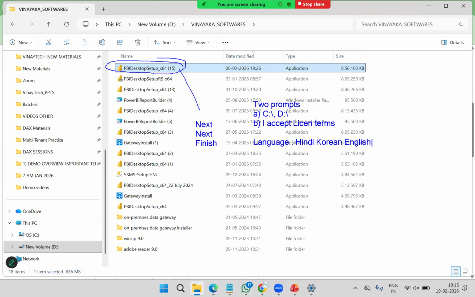An Indian regional language is not available, only Hindi is available. Hindi, Korean, English. But in Power BI Desktop, if you want to see it in a local language, Telugu, Tamil, Kannada, Marathi, Bengali, that is also possible. How to do it, I will explain later. But by default, if you want to select a language interface, Hindi, Korean, English, you can select, and these are the prompts